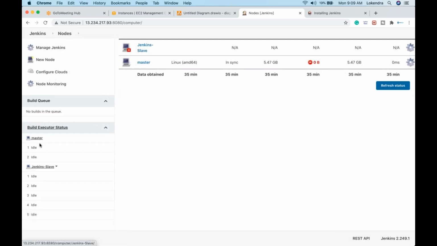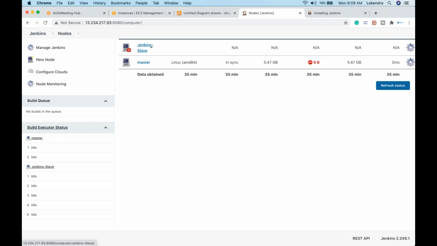But obviously, there are a couple of things I can easily see. I have the Jenkins master with 2 executors available. What does an executor mean? It is the number of jobs which can run in parallel on this server. For my slave I set the number to 5, and for my master I set the number to 2.